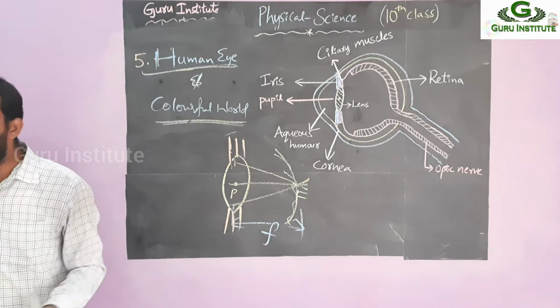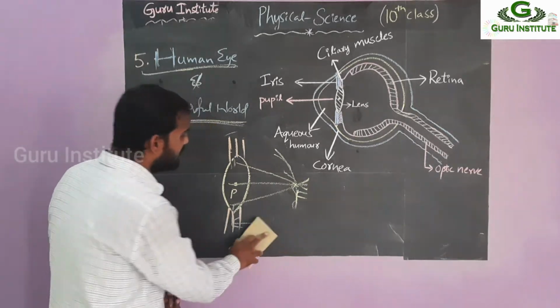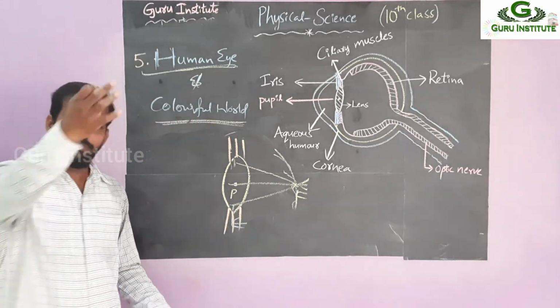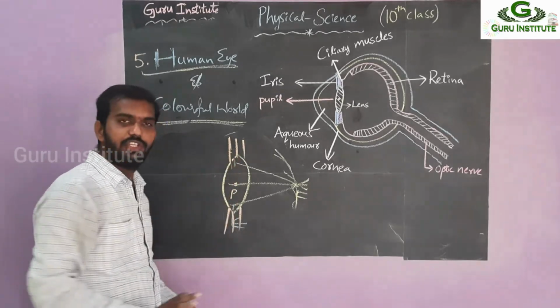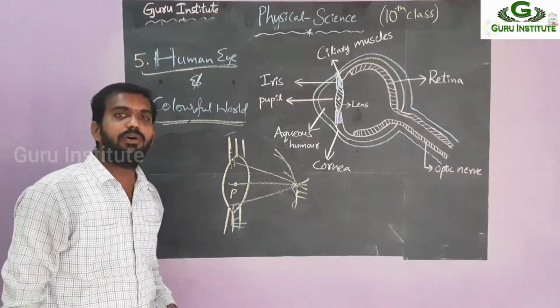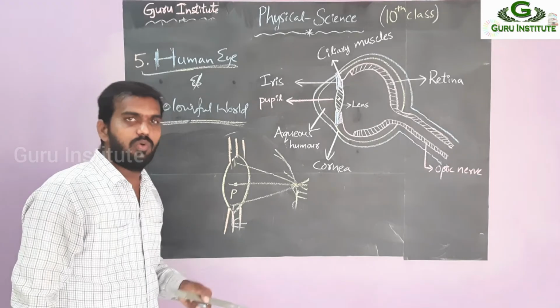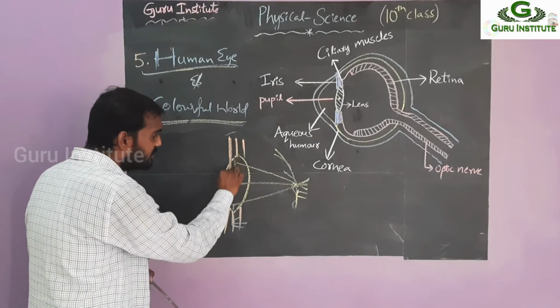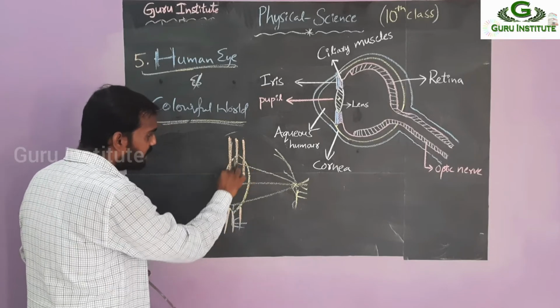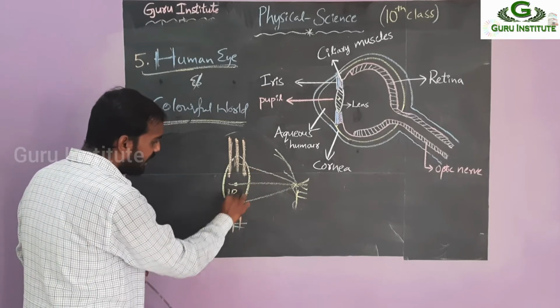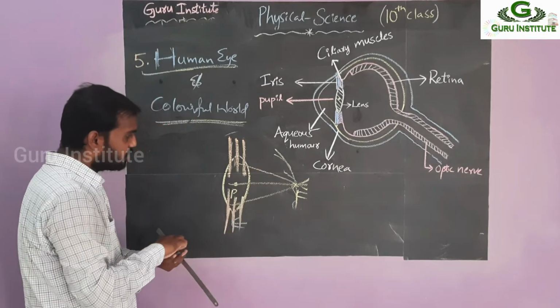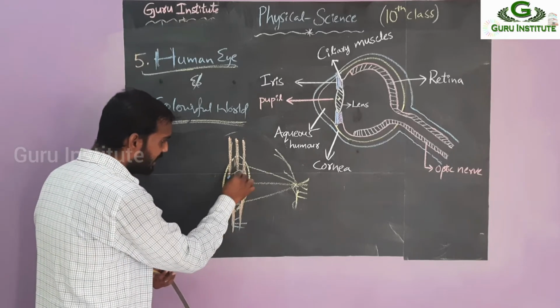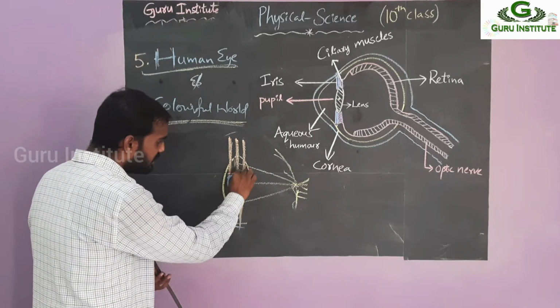Ciliary muscles. Then what will happen: if you want to see a forward object, the lens will be in the same position. That means it maintains the maximum focal length. So if you want to see a near object, then it will get compressed. It will occupy your eye like this. Then what happened? Our eye lens is decreased like this.